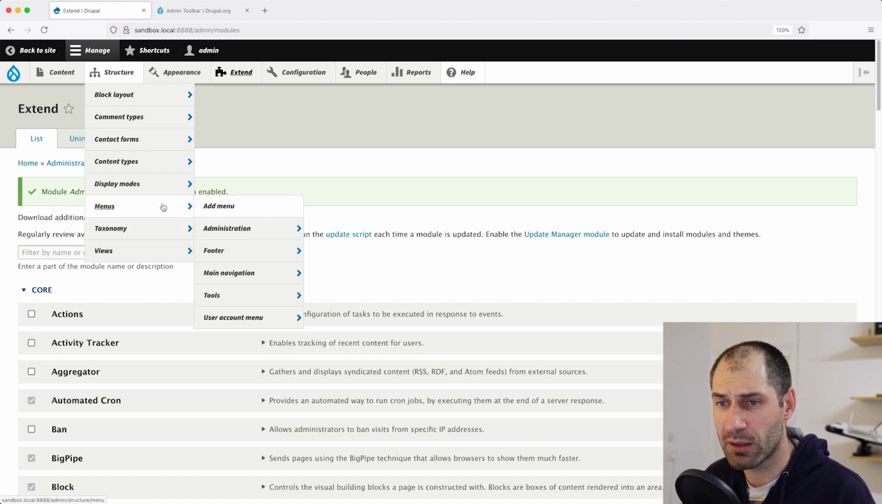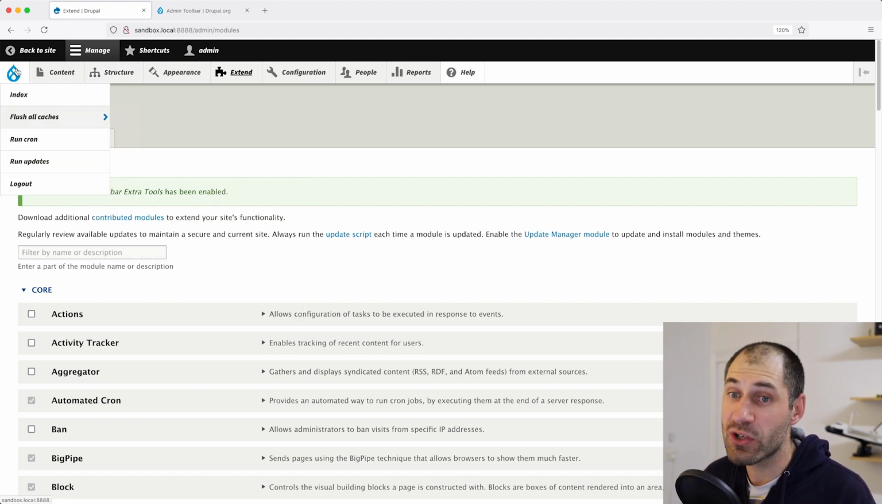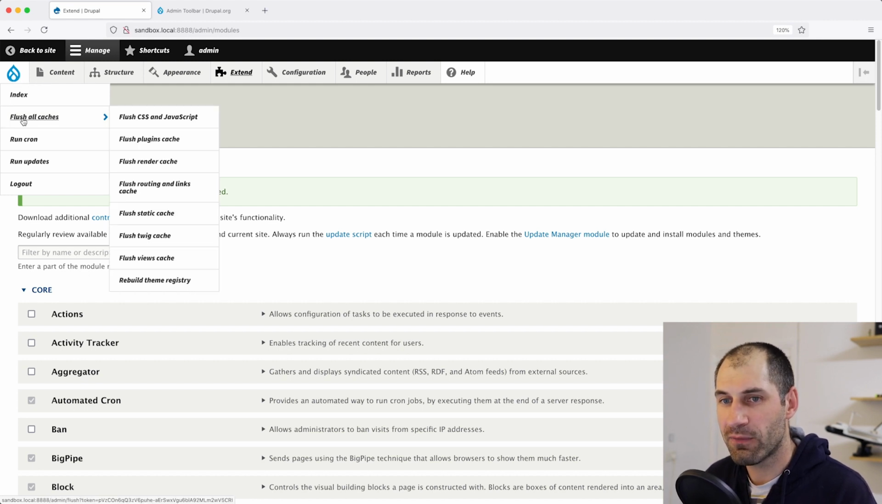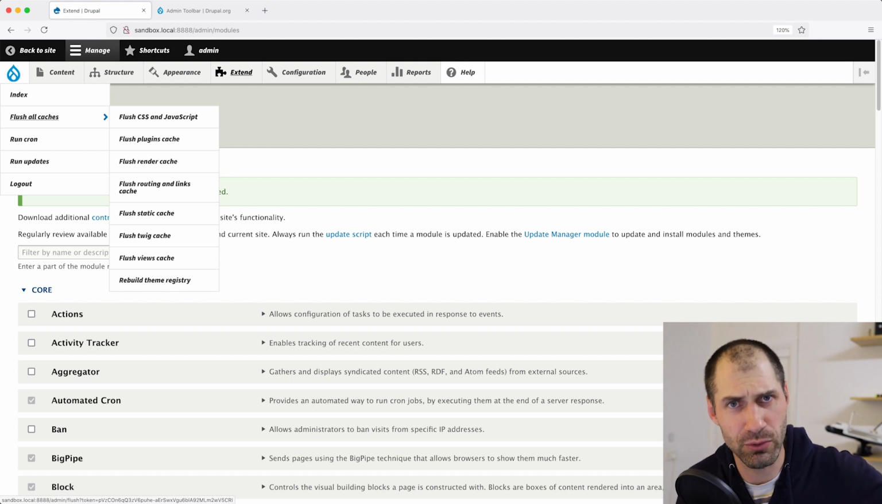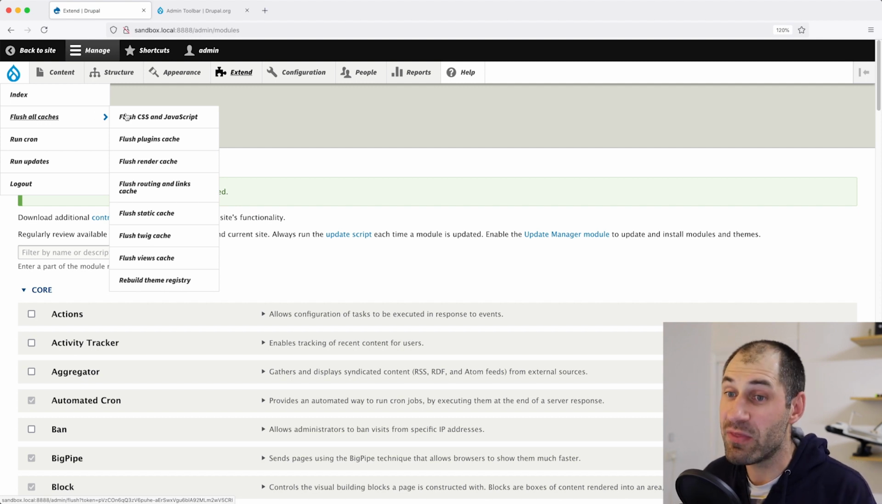It gives us a lot more drop-down options. And we also get this button right here, this Drupal icon, which allows us to flush all the caches. If we click on flush all caches, which I assume is the same as just going to configuration, permission, rebuild cache or something. And then we get to